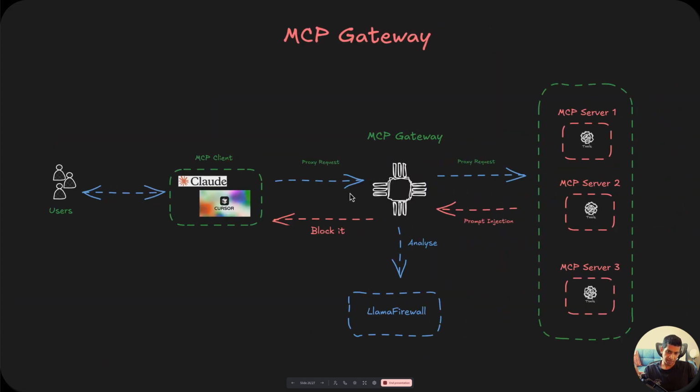So let's look at the MCP gateway architecture, and then we will look at a practical example by implementing an open source MCP gateway. So far, what we've seen is our MCP clients making calls to MCP servers, right? An MCP gateway is very simple. You configure your MCP clients to connect to an MCP gateway, and all the calls to your MCP server are proxied through the gateway. So this becomes your control to either analyze what kind of requests are being made, or